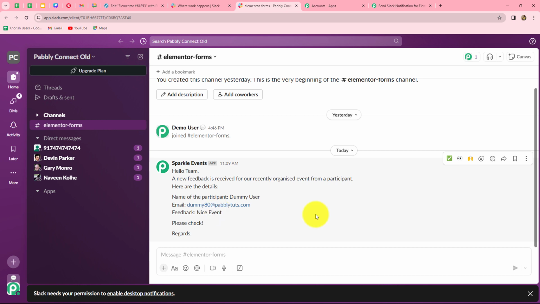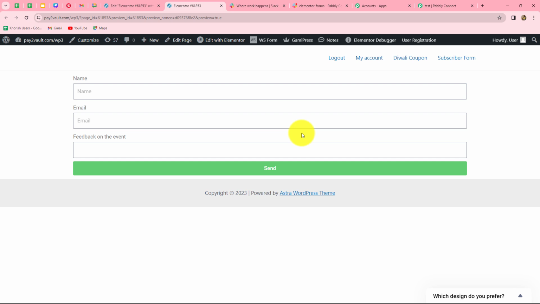Now we are going to test this workflow once again. So what I am going to do, I am going to submit the form in Elementor with another details, and as soon as I will submit the form, automatically we will see without any manual efforts a message will be received on this Slack channel from Sparkle Events along with all the other details. So let's go and check. So this is another form. I have opened it and now I am going to enter test details once again in this form to submit